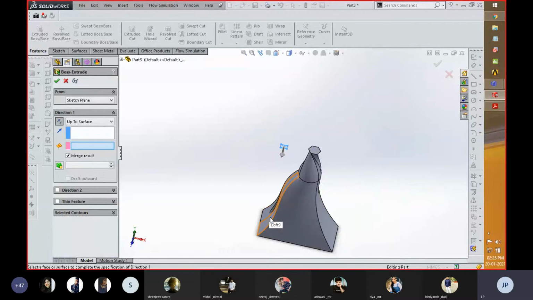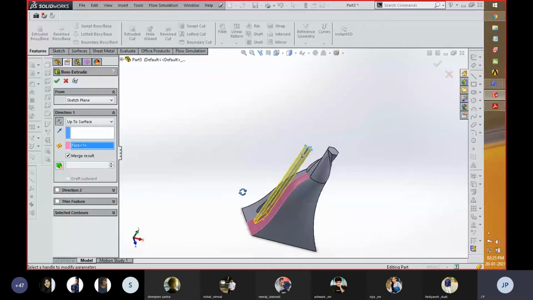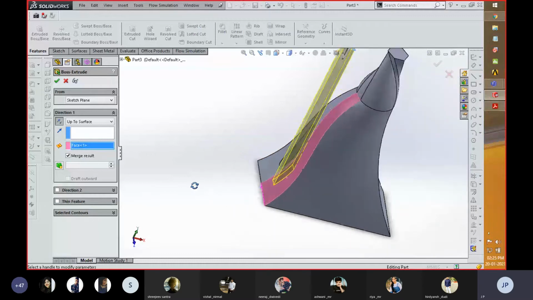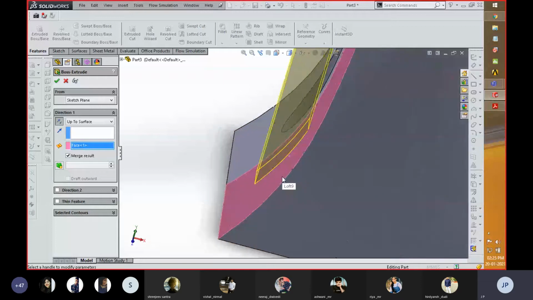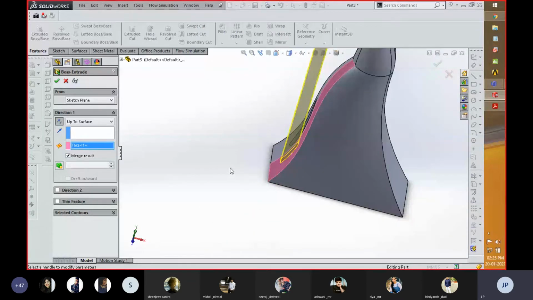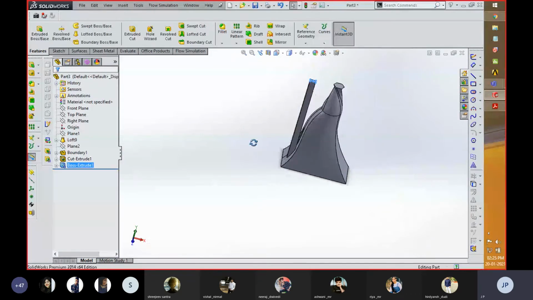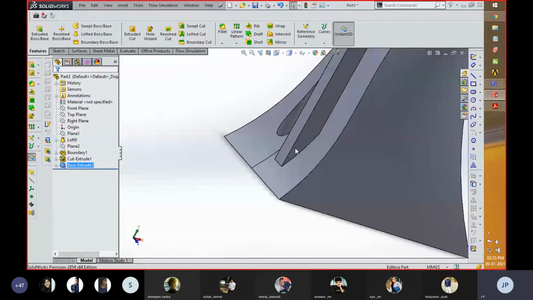Now when I am going to select this face, it is asking that up to what surface you want to add material. In the similar manner, up to what surface you want to remove material. So that can be done. So over here, the other advantage is that whenever you are going to apply this tool, whatever the profile at the end of that part, it is automatically covered by the tool. There's no need to tell that the profile at the end of that object is curved in nature. You just need to tell that tool up to what surface you want to add material. After exiting the sketch, you can see that this part takes the shape of end.